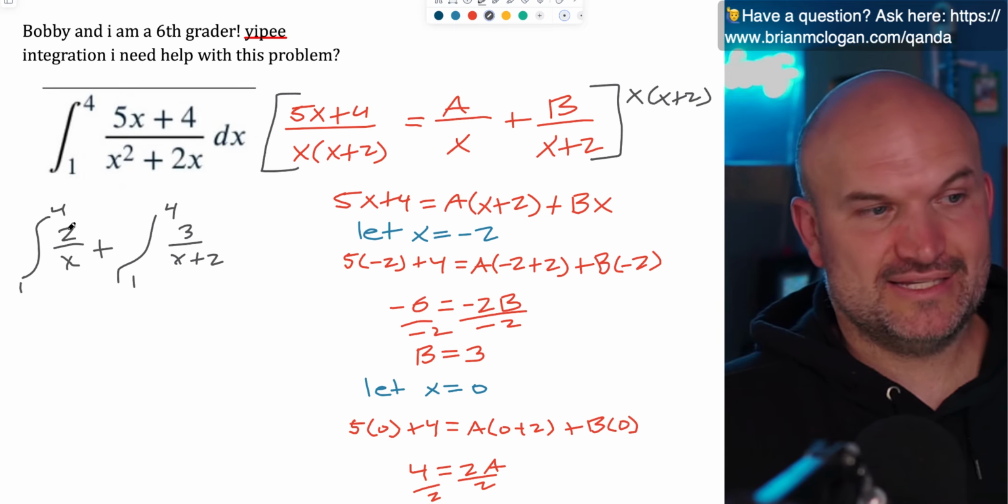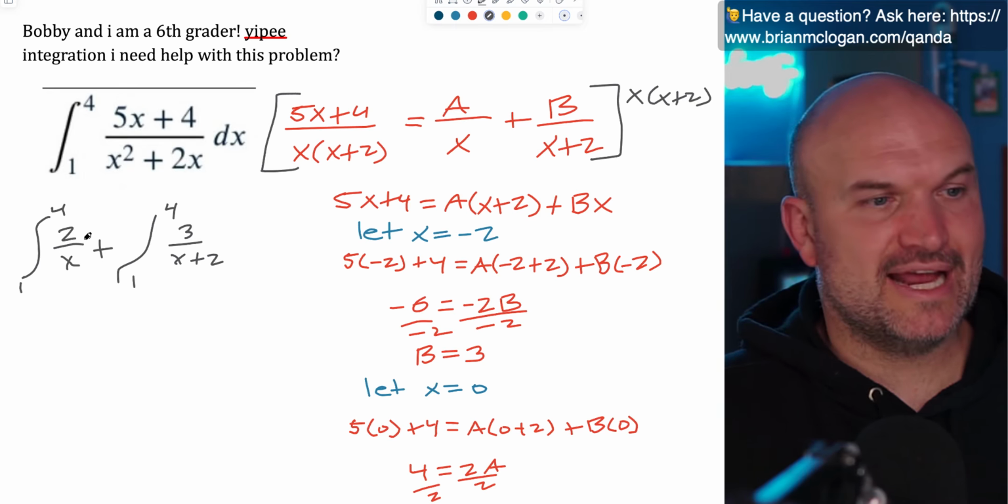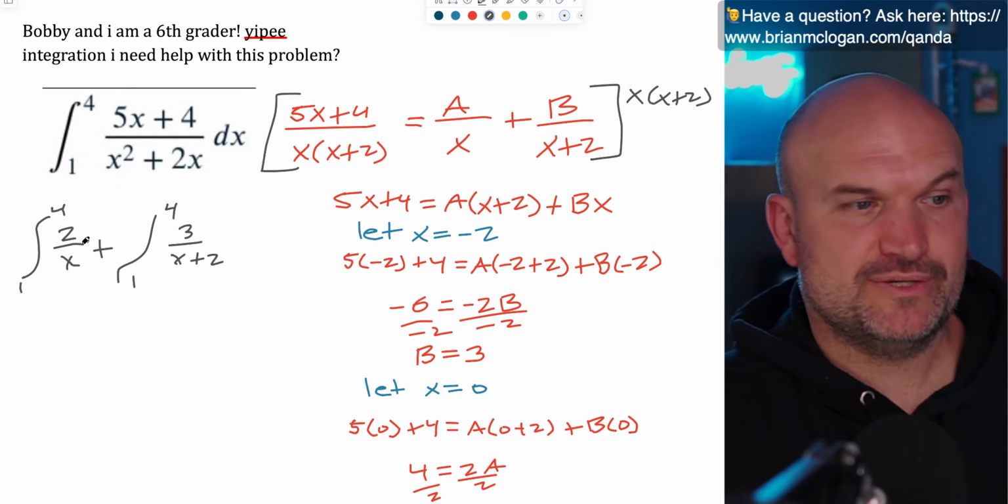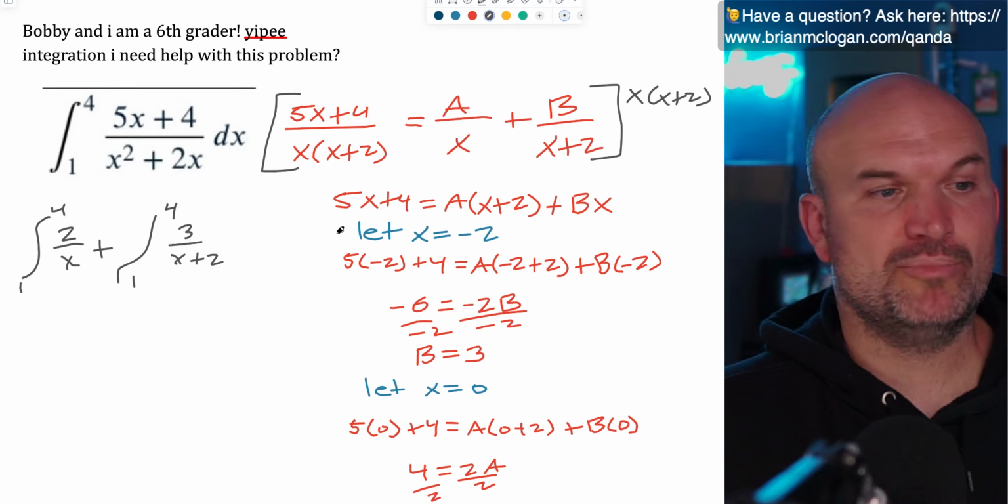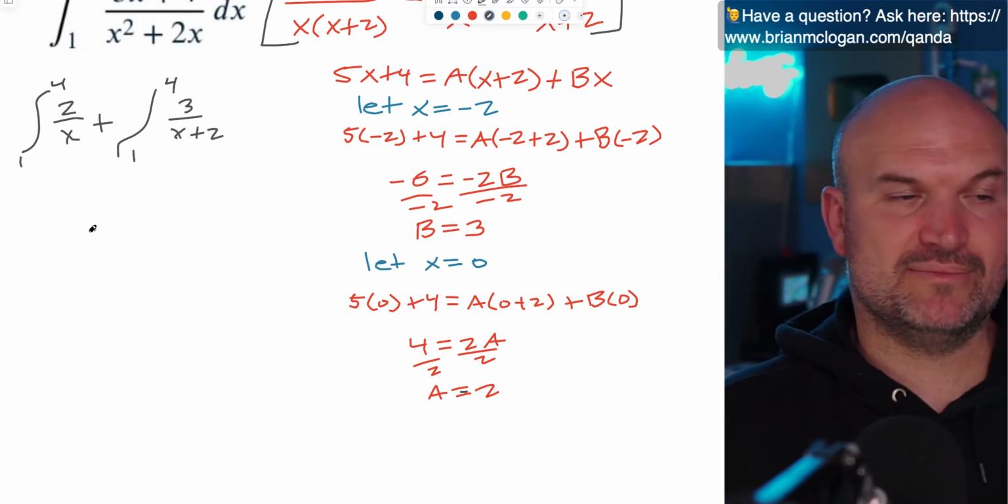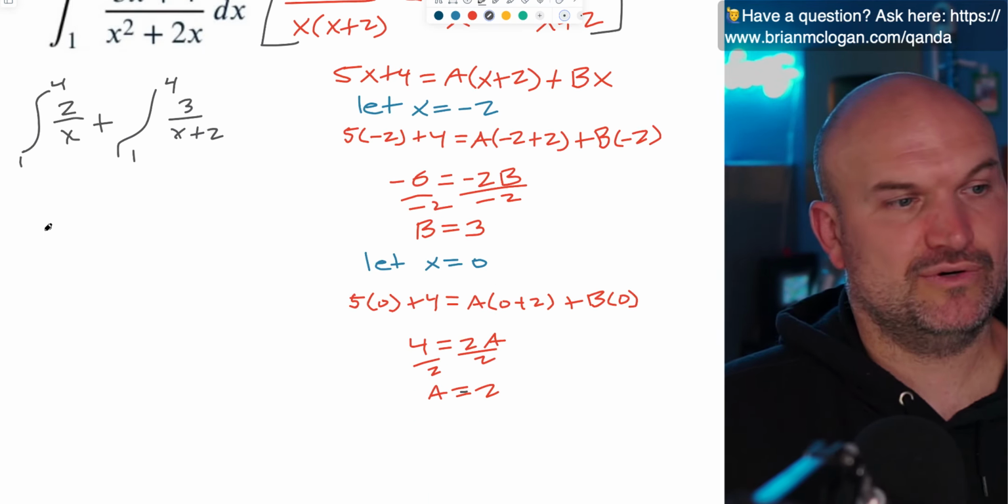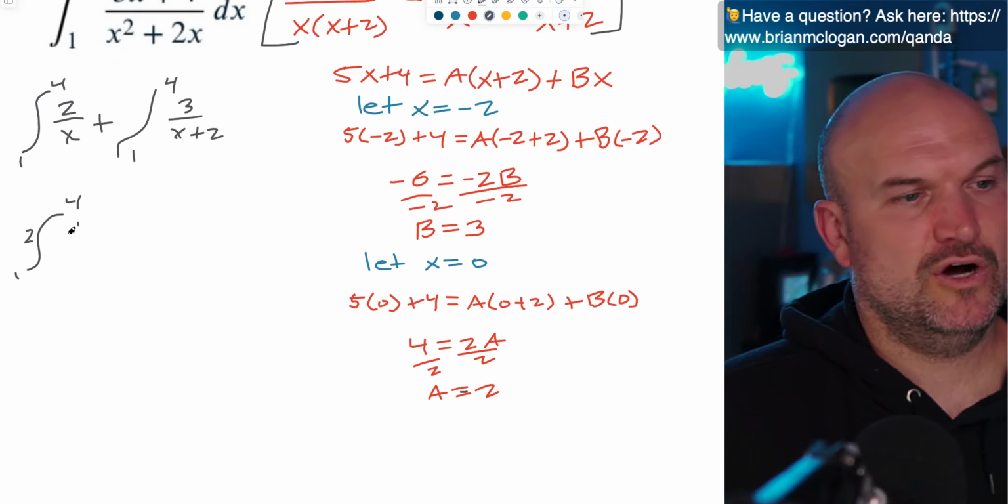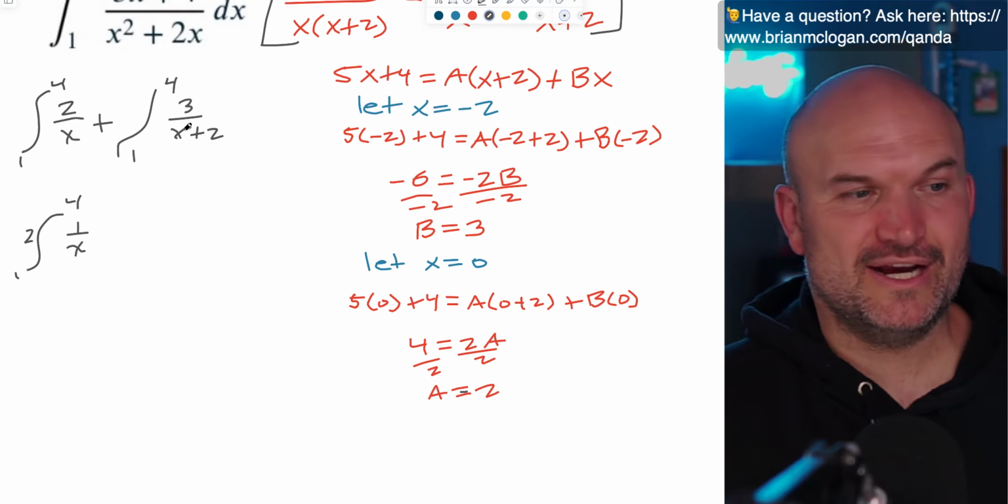Now, I also recognize I'm going to be dealing with taking the integral of a reciprocal function. That means my 2 and 3 are both going to be scalar constants, so I can take them outside of the integral. So therefore I have a 2 times 1 over x, and then over here,